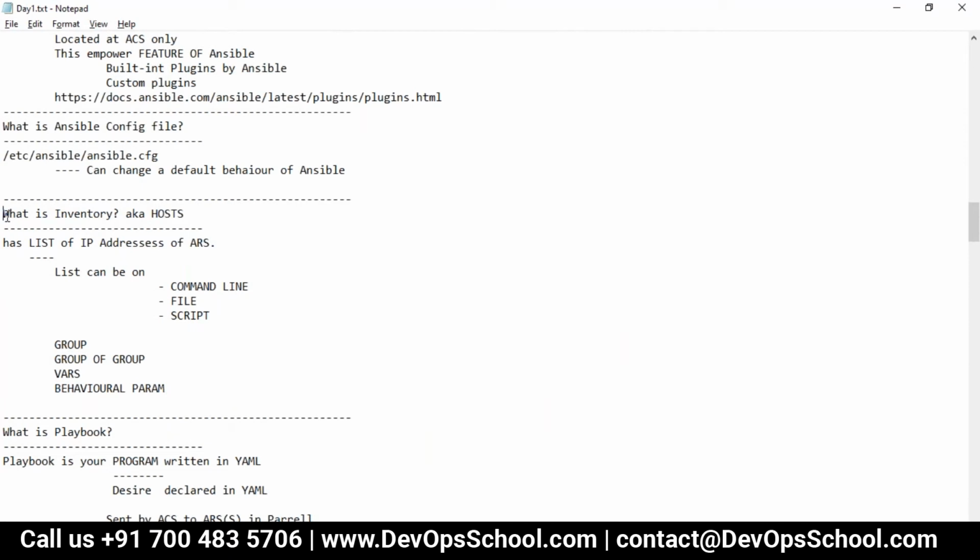See here, what is inventory? It has a list of IP addresses of the servers. This list can be on the command line, which you have already experienced, but with too many IP addresses, you are not going to like it. So guys, it can be a file also. Now this is something I'm going to show you in a demo.